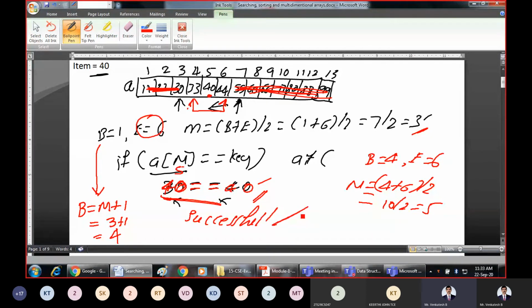So basically, what is the strategy of binary search? The first thing is the elements of the array must be sorted in increasing order. The second thing is we go on searching for the key element by comparing with the middle element. There are three possibilities: either the middle element is the same as the key element, or the key element is present at the left side of the array, or at the right side of the array. Only these three conditions we go on applying.